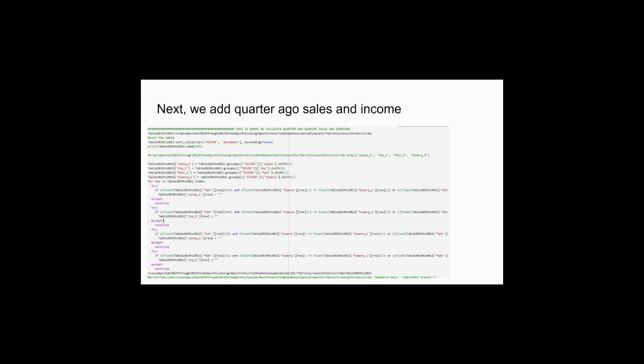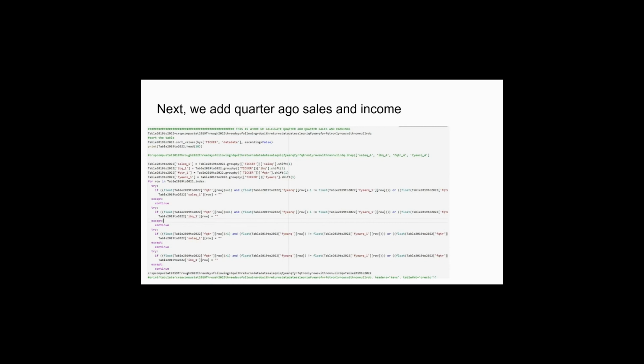Let's say it's 2021 first quarter. Then the quarter ago sales would actually be 2020 Q4, right? 2021 Q1 and 2020 Q4. So this is checking to make sure that in that case that's true. If it's not true, then we give it a blank, and we do that same thing here. And so, right, this is why if F quarter equals 1, so if it's in the first quarter,